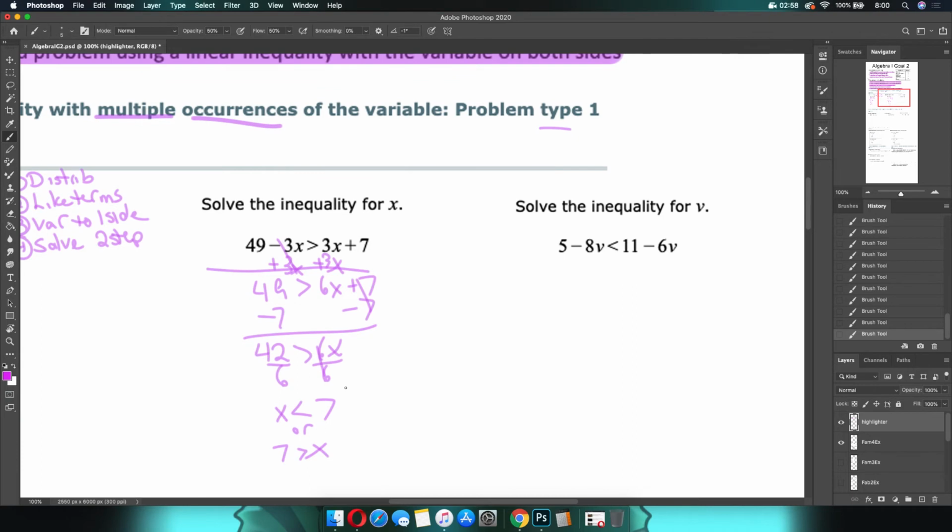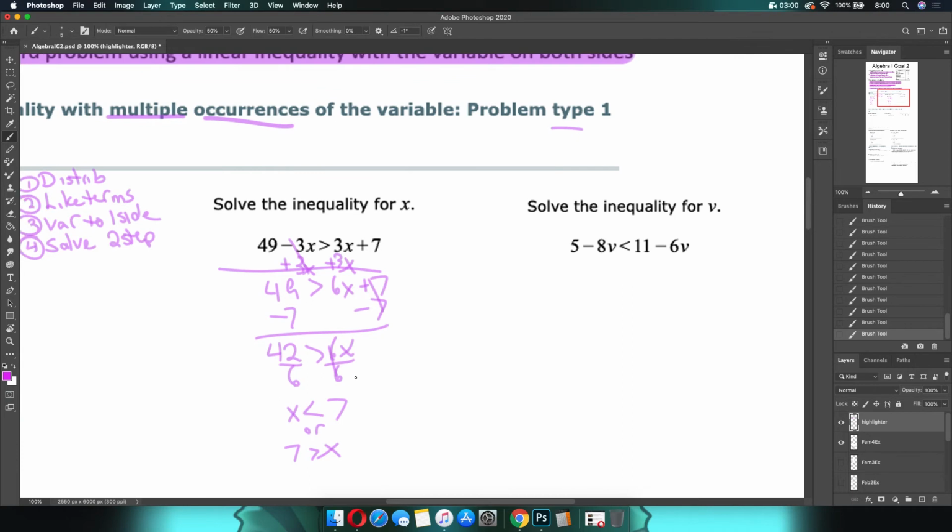One more, keep my little cheat sheet right there on the side. So eeny, meeny, miny, mo, which x do I want to move? I tend to like dealing with positive numbers. Actually, no, you know what? Let's move the 6x. So 6v, because I know there are some people who can't stand the variable being on the right-hand side. 6v. So 5 minus 2v less than 11, minus 5, minus 5, negative 2v less than 6,